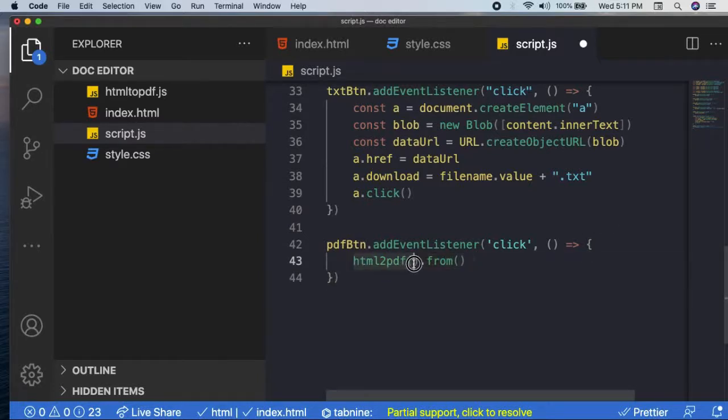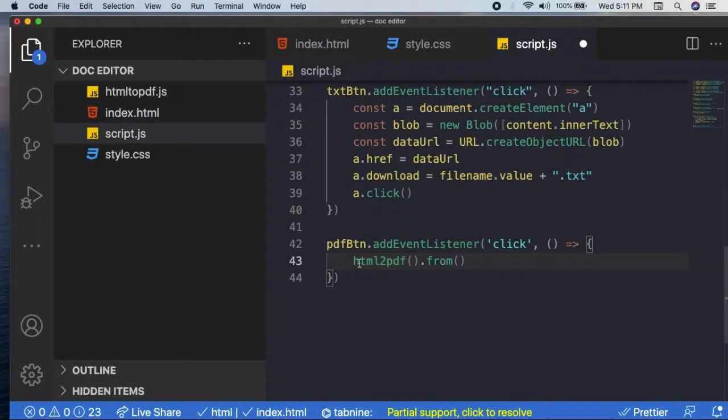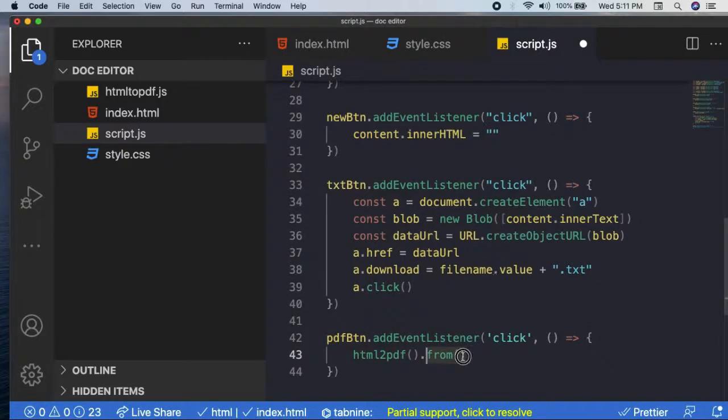This is the global function, the global API exposed through this library, so that's why it's available as html2pdf. Then type dot from, and here you have to pass the element